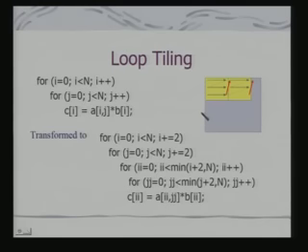So, I have created tiles of size effectively 2. If I say I equal to 0 and j equal to 0 at the beginning of the loop, then ii is 0, jj is 0, and what will be the terminating value? The terminating value is 2, so it will go to 0 1, 0 1. So, I am basically looking at the tiles consisting of two elements for the row as well as the column.